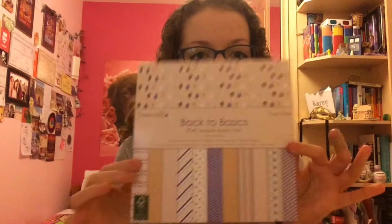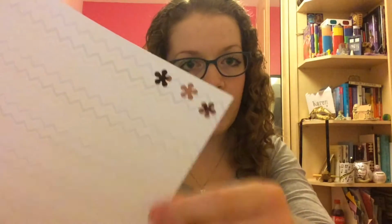So we'll start with the paper. The Back to Basics paper, this stuff, was actually really good. The paper quality is a nice thickness. I think it says it's 150 GSM cardstock, which is decent. It's a good thickness, and I used it for the tiny little flowers, and I found it really helpful to have thicker cardstock to do those with,